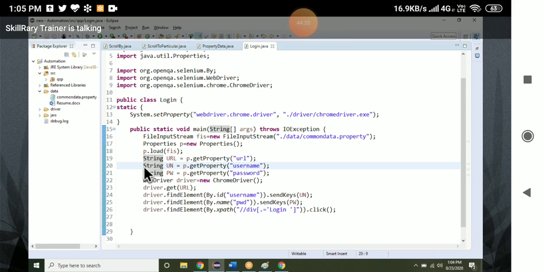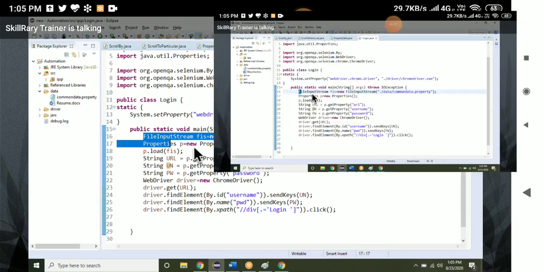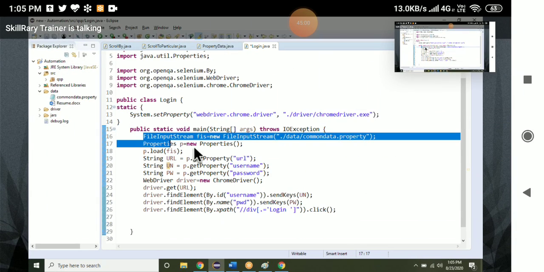It is not UN. Whatever reference variable, I can keep it. Instead of this you can give anything. It means we take the data from here and keep the data in the reference variable.